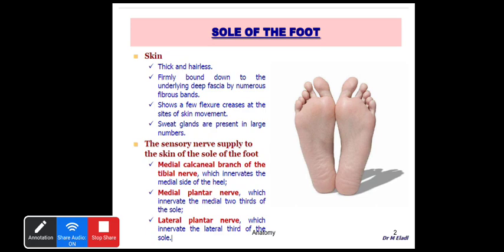Hope you are aware of the cutaneous innervation of the dorsum of the foot also. That's very important. Short notes: it is supplied by the sural nerve, saphenous nerve, of course the superficial peroneal nerve, and the interdigital cleft, a very small area, is supplied by the deep peroneal nerve. So that's the skin over the dorsum of the foot, which is thin skin, and here comes the skin over the sole of the foot, which is thick skin. That's the difference between the sole of the foot and the dorsum of the foot.